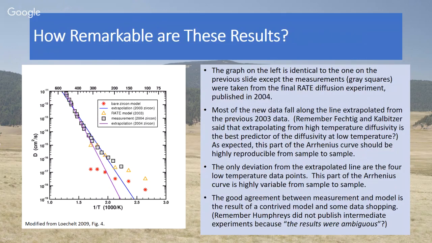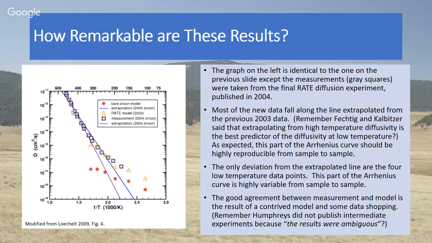And to top it off, remember I said that he had unpublished data that was, in his words, ambiguous, and also of a lower diffusivity, because he said it had a larger effective radius, which if you do the math, comes out to a lower diffusivity. So what he said is some of his unpublished data evidently came in somewhere in between here. Probably not as good of an agreement. So the low temperature data, remember, is very unreliable. It can change from sample to sample. If you look in the published literature, it changes.